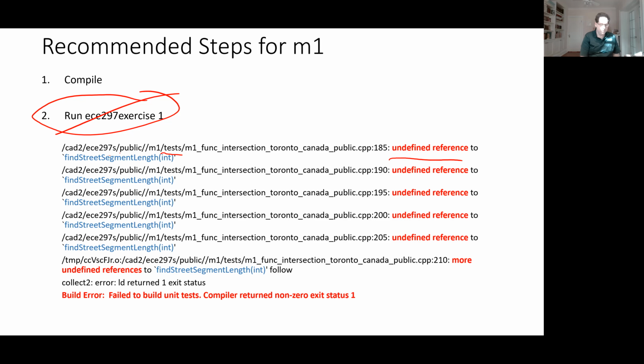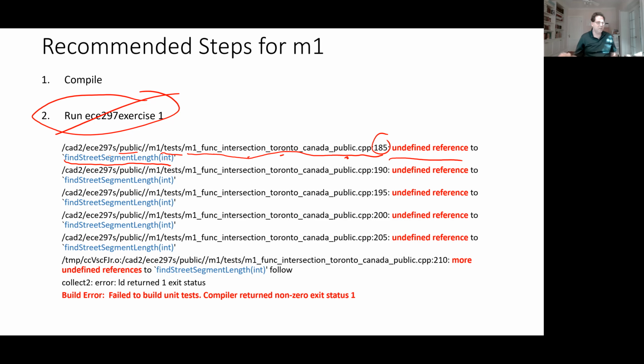This is a public directory. You can read the path here. It's a function that we wrote. It's in a file that says milestone 1 functionality tests for intersections for Toronto, and they're public, so you can look at them. On line 185 of that file, which we wrote, there's an undefined reference to find street segment